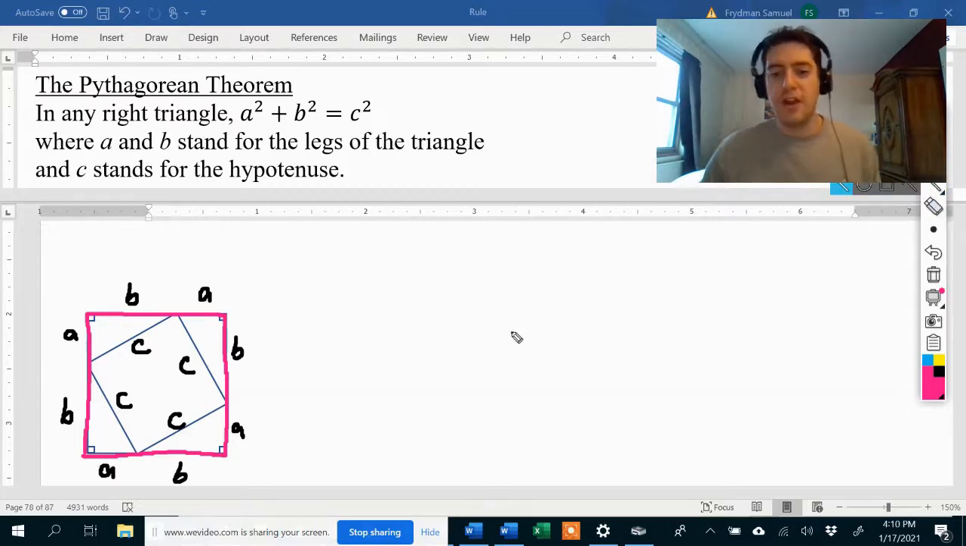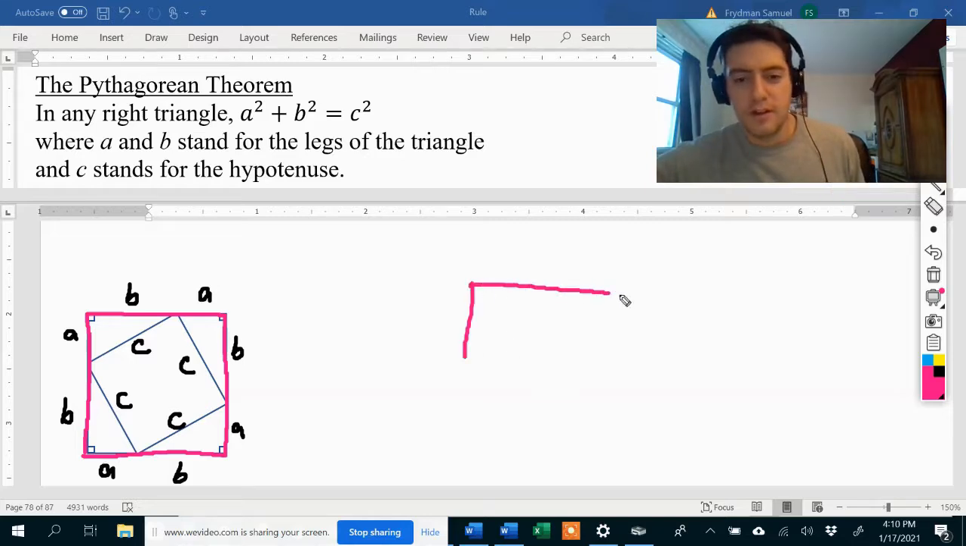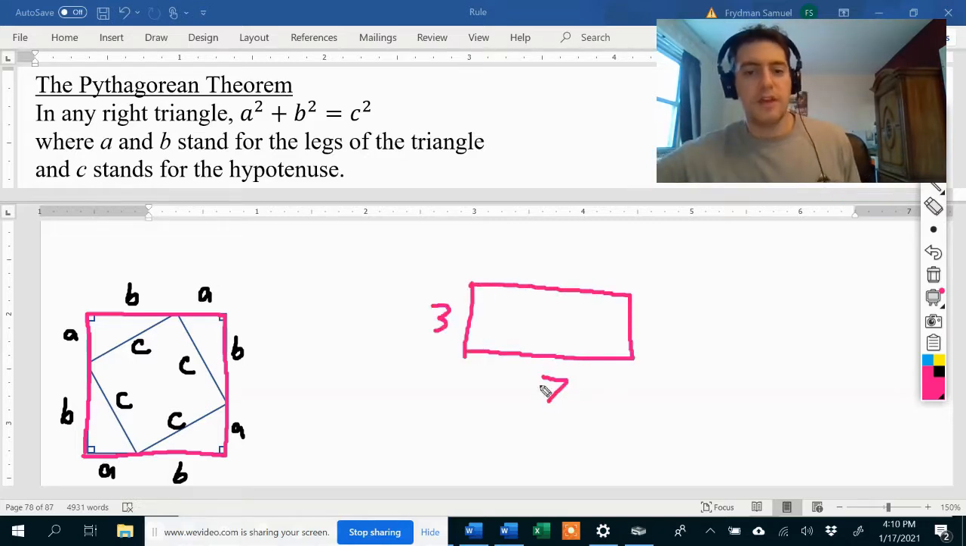So, for example, if I had a rectangle, and let's say that this was 3, and let's say that this was 7, and I wanted to find the area of the rectangle, then I would just do 3 times 7, right? Now over here I have a square, which is just a rectangle where all the side lengths are the same, and each side length